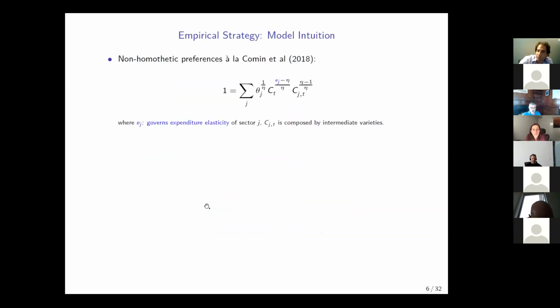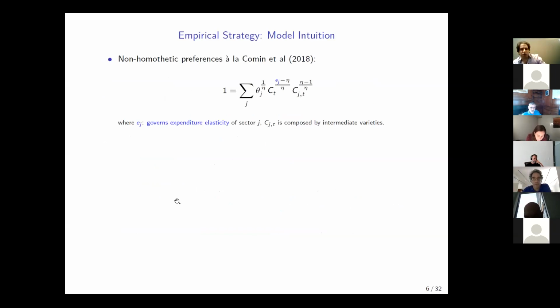Good, thank you. All right, let me show you a bit about the empirical design, and some of this can shed some light on the heterogeneous income elasticity and the question that George was asking. So the preferences that we're going to use, and we're going to go back to the model, this is just to motivate the empirical design, are basically non-homothetic preferences a la Comin et al. What you have in these kinds of preferences is a generalization of a constant elasticity of substitution aggregator. What you lose is that you don't have a closed form solution, but what you get is that with one parameter, you can